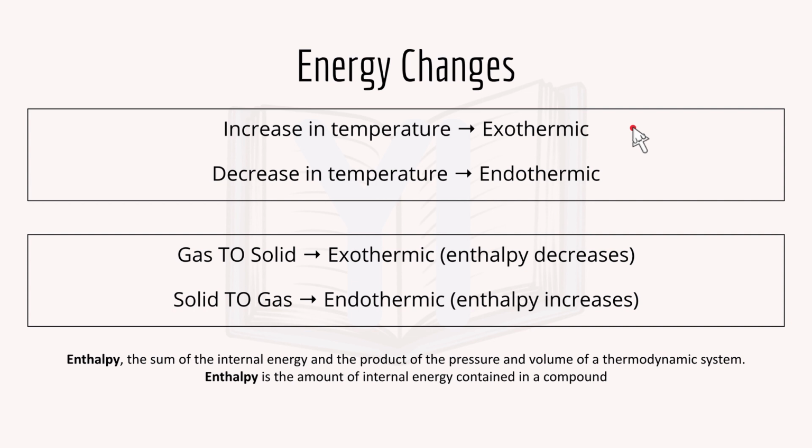And as I talked about just now, exothermic is when a reaction increases in temperature, and endothermic is a decrease in temperature. And you can think of it this way: from a gas to solid is exothermic, because we know that gas particles have the most energy because they're constantly moving in random directions, so they need lots of energy. But solid, they have a fixed position and fixed state, so the particles don't have much energy. So from gas to solid, the energy has to be given out because it's going from more energy to less energy. So this energy being given out is in the form of heat energy, so it's an exothermic reaction, and the